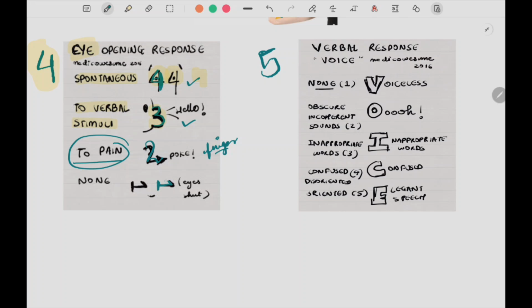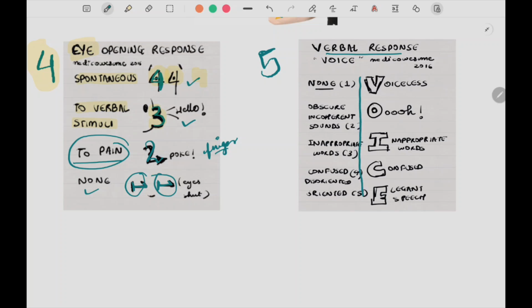And 1 आप कब दोगे? जब eyes जो है वो बिल्कुल क्या है? शट है. Imagine the eyes of the patient, they look like eyes, right? So imagine the eyes are completely closed, and at that condition you're going to give the score or the grading 1.